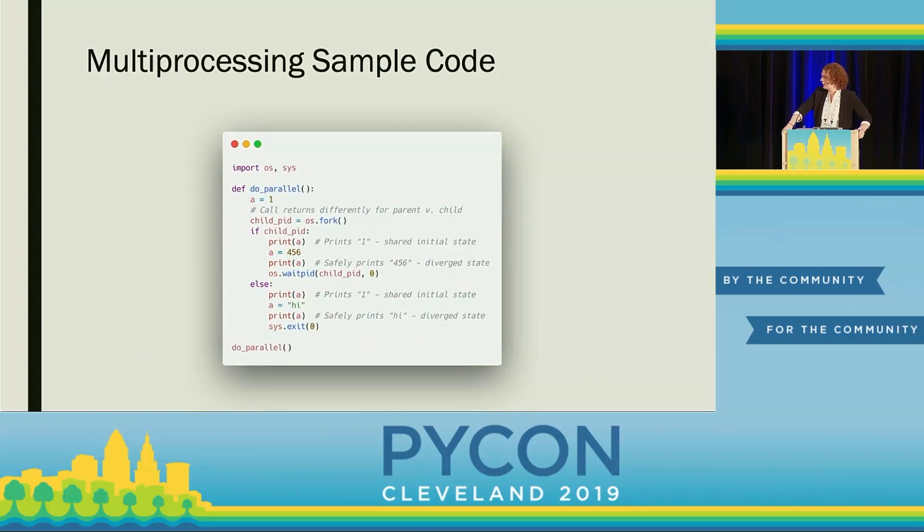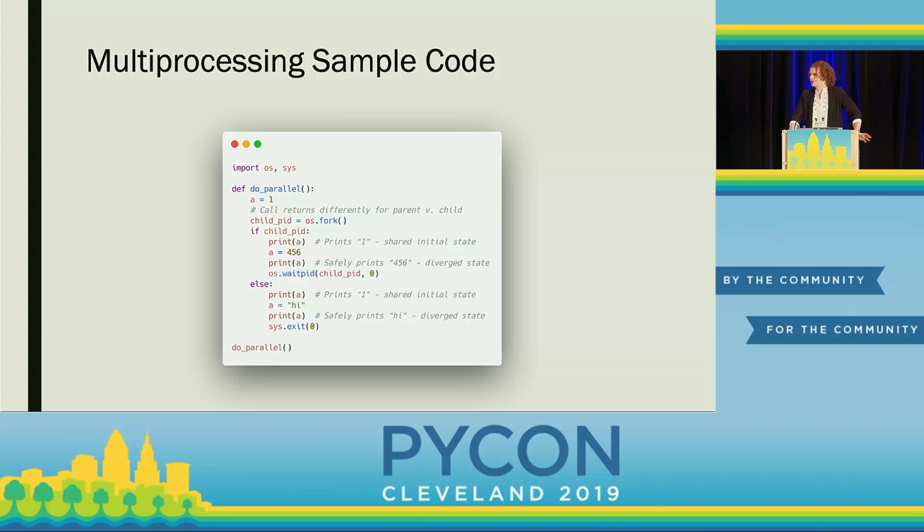And the code sample for that is, of course, very simple. When we make the os.fork system call, the return value informs us about whether we are the child or the parent, with the processes being otherwise identical. If we're in the parent, we're going to print that shared variable that we have originally, modify it, print it again,